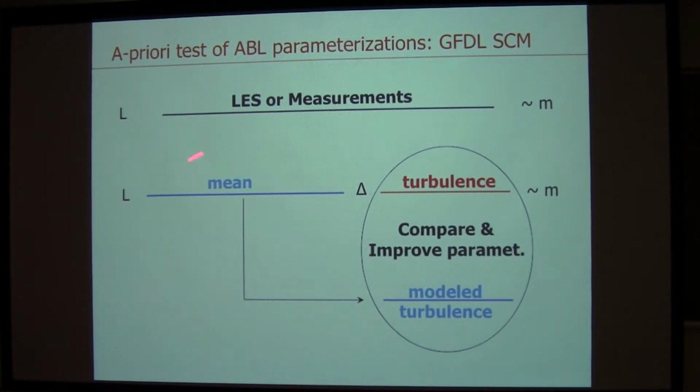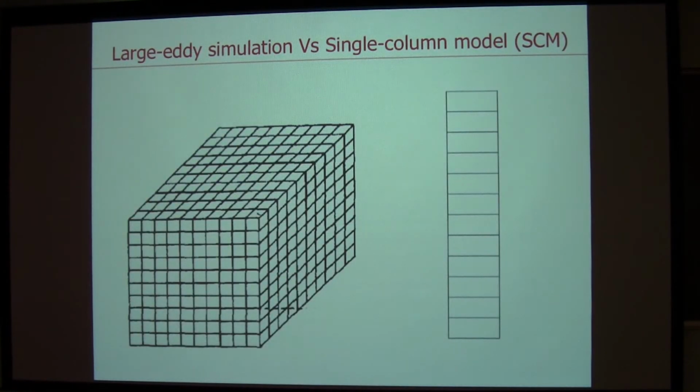You can split it artificially into the mean and the turbulence. And then you can see how your closures, these kind of eddy diffusivities, how a given model can take the means and give you modeled turbulence. And then you can see if that model works or doesn't by comparing it to LES. So this is again an a priori approach of testing it. The a posteriori would be just to implement this one in a mesoscale model and see how the mesoscale model performs. So we've done some LES and we've used them to test a priori and a